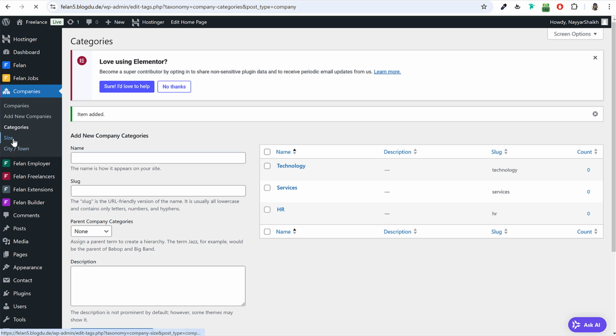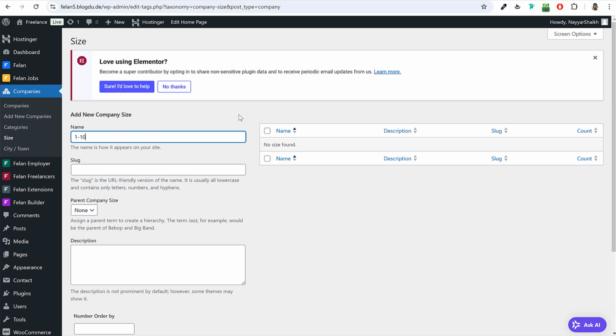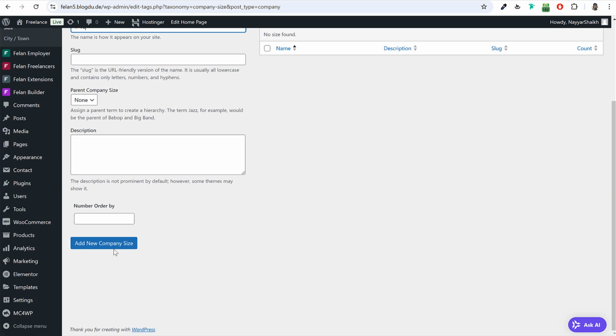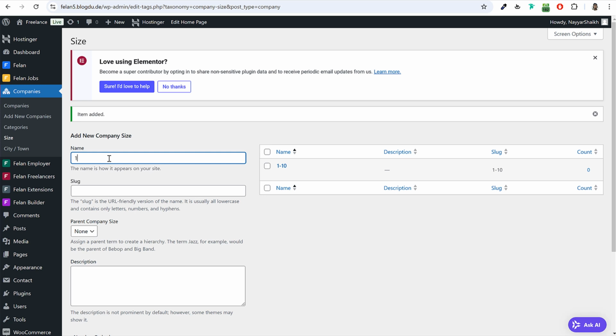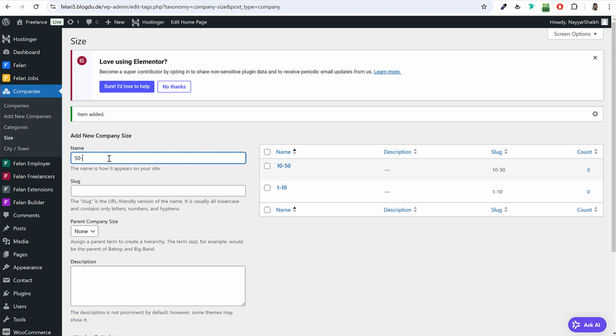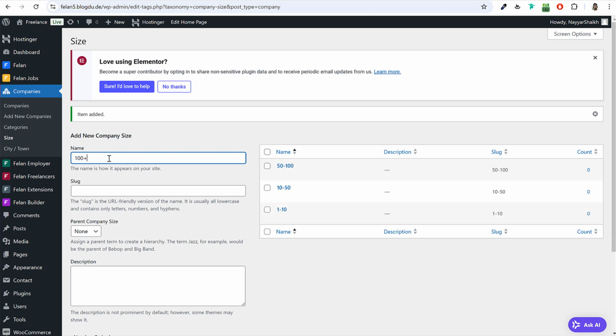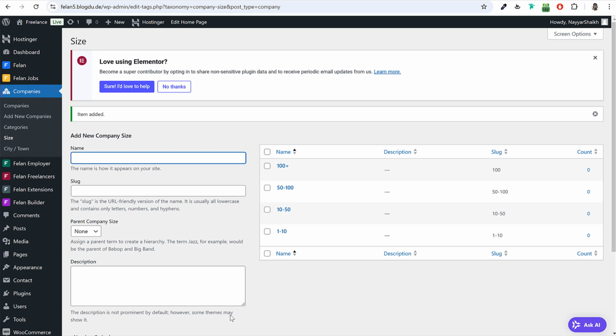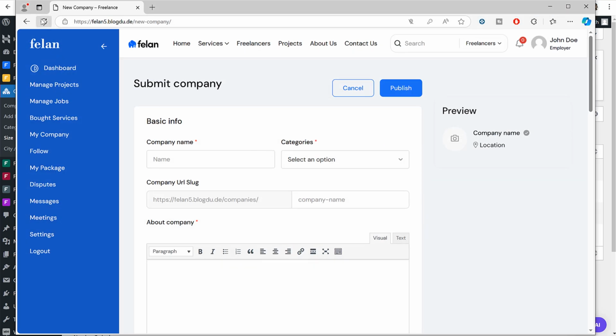Similarly, company size, maybe 1 to 10 people. Okay. Add new company size, 10 to 50, 50 to 100, 100 plus, whatever you want. Okay. Once you add these options, now if I again come back to this page, refresh it, now we can